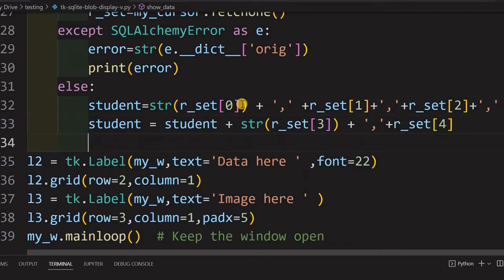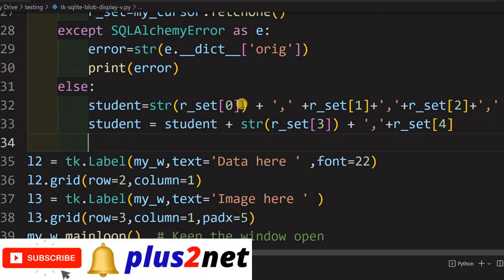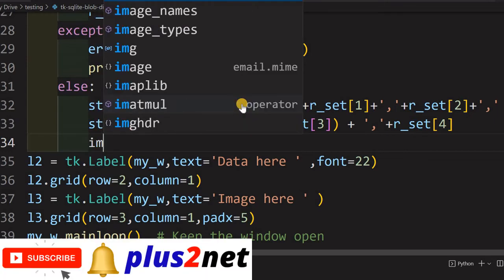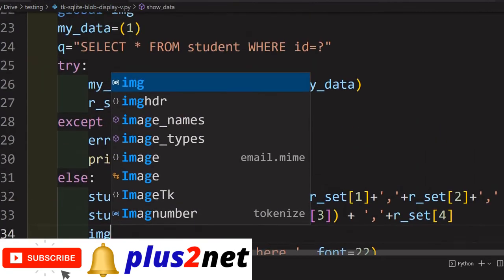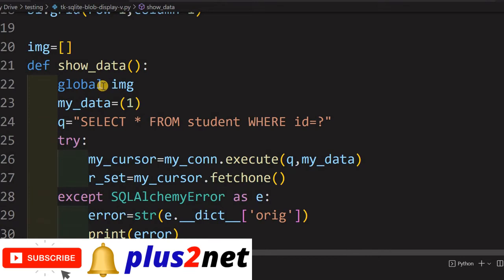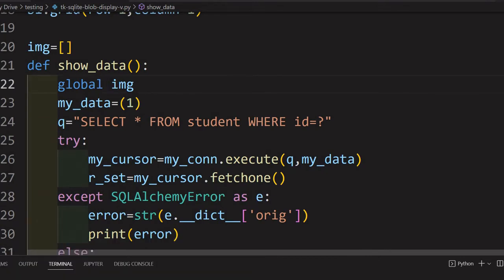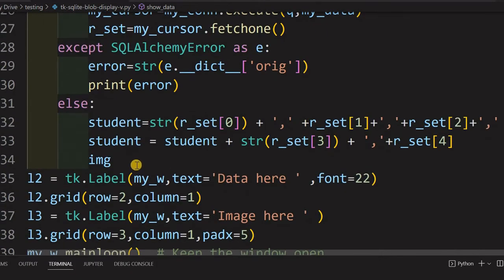Now what I will do after this is the most important part. Now the student I have configured. This student variable contains all the data of that row except the image. Now I will handle the image. So I am declaring image, which I have already collected, declared as a global here at line number 22. That particular one I am coming here again, and now I will store the data here. Sorry, image equal to